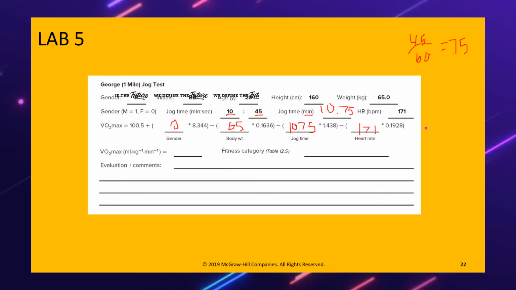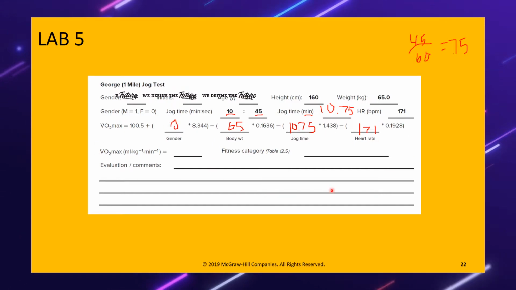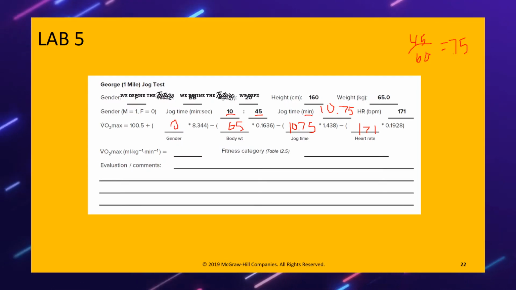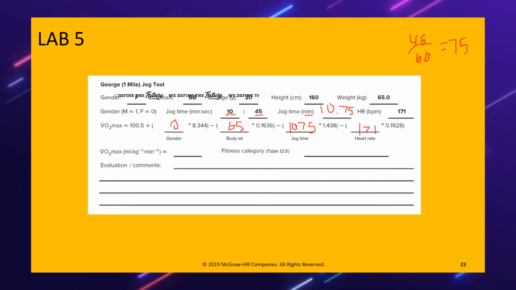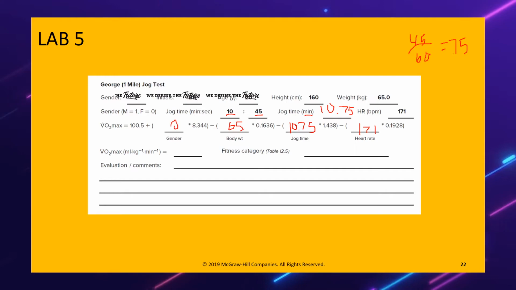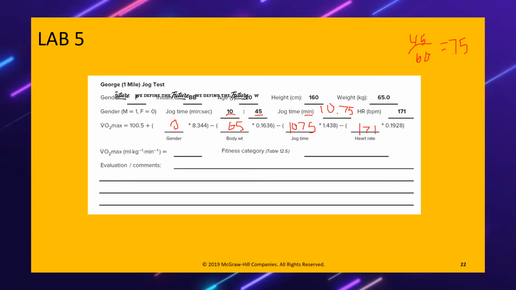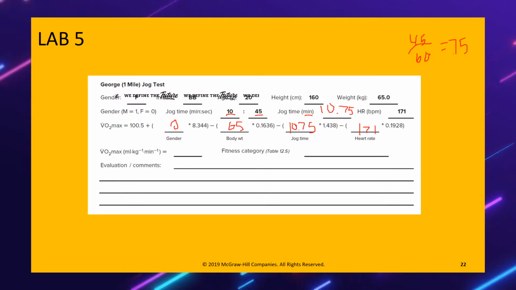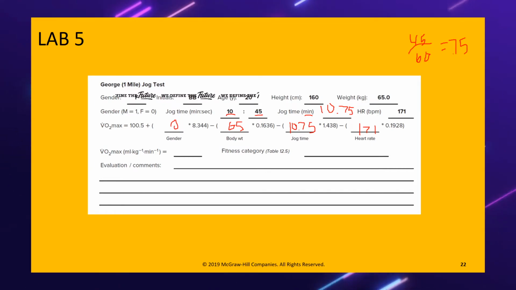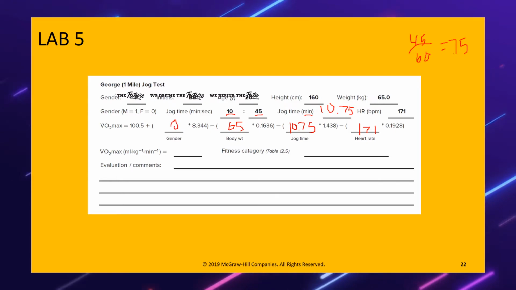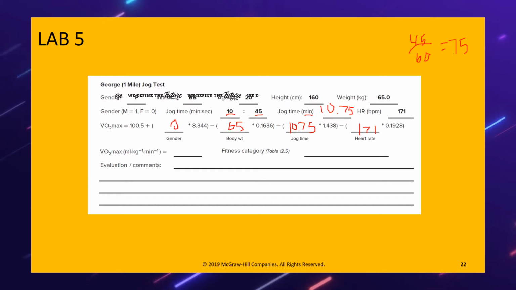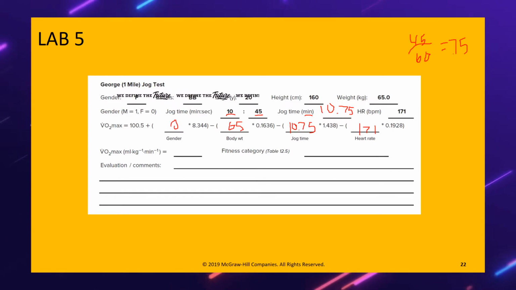Now, if we were to do the math and walk down the lines, we would be able to figure out our VO2 max, which, going off memory at this point, I think is around 41 milliliters per kilogram per minute. And we could look that up and compare it to table 12.5, and then again write our evaluation. I want to see some details in the evaluation this week,